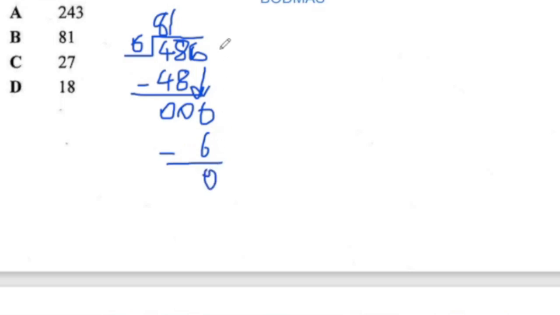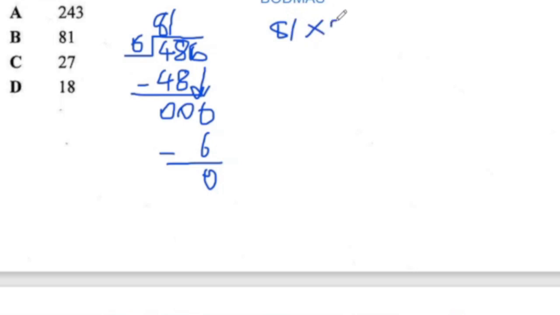Now, since there is no number that we can drop down here, that means our calculation has ended. Dividing 486 by 6 will give us 81. So now once we've gotten 81, the expression becomes 81